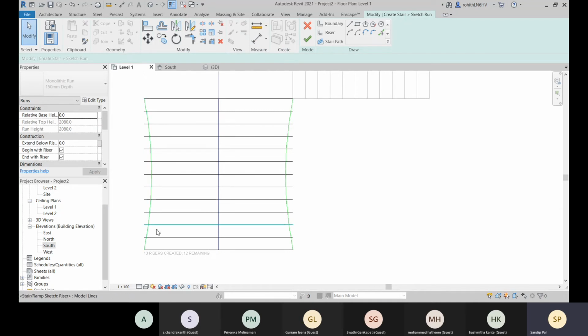What I have to do is trim it. So for that, I will go with this trim, and go with this trim extend multiple elements. Select this, this.